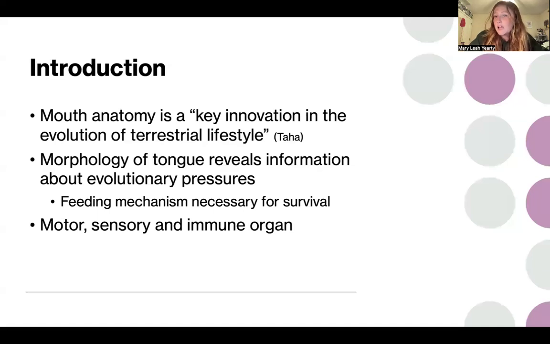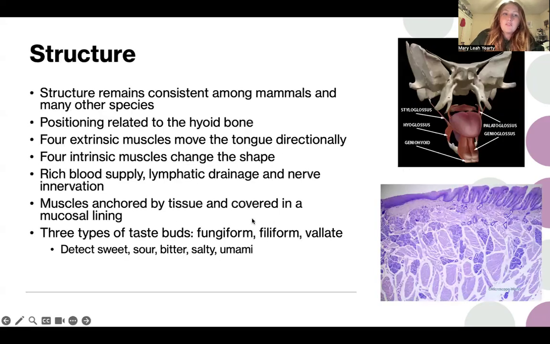And so, tongue anatomy and physiology can provide a lot of information about those evolutionary pressures and timetables of various animal species. So, for some background, the structure remains pretty consistent among mammals and many other species. The positioning is related to the hyoid bone, which kind of comes underneath the muscles. There are four extrinsic muscles which move the tongue directionally, and four intrinsic muscles that change the shape of the